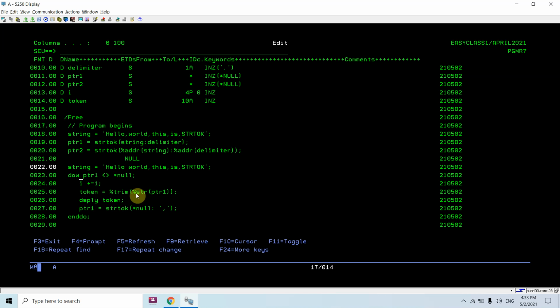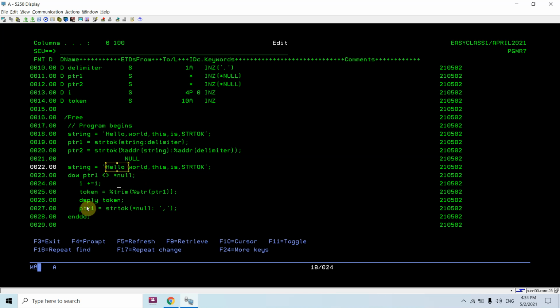Here you can see we are running this loop while the pointer is not equal to null, and it is not null at this position. Once we retrieve the token from pointer ptr1 by converting it to a string using %STR, we get hello as the first token.